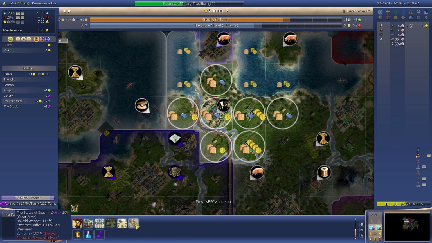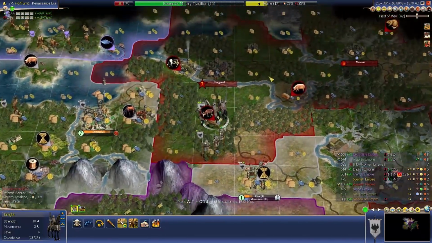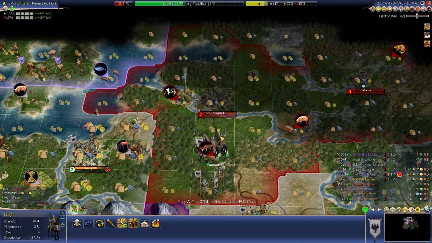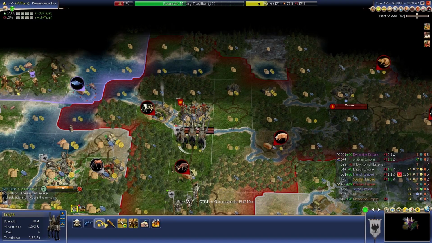I could build a Taj Mahal. Problem is Louis, I'm gonna build the Hermitage. It's a national wonder, doubles my culture, so it might actually give me enough to counter what he's doing, but I doubt it, because he'll probably build a Hermitage as well. We're gonna have to approach this one slowly